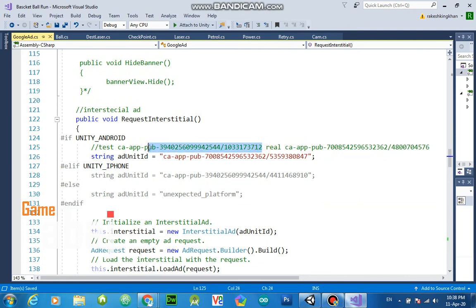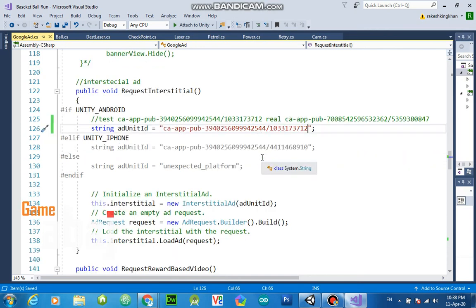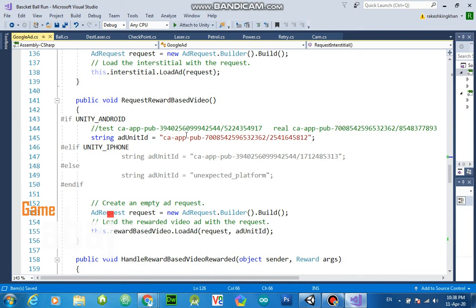For testing, first let me copy this real ID from here to my comment text, so I don't have to go to my AdMob account. I paste it here as the test ad ID. Okay, this is my test ad ID, and the same goes for the rewarded video. I first copy this ID to my real ID.